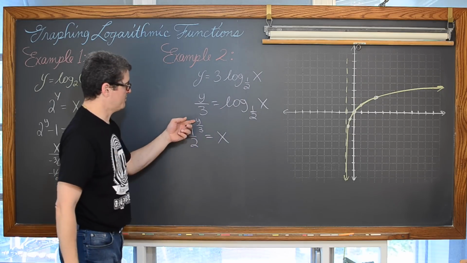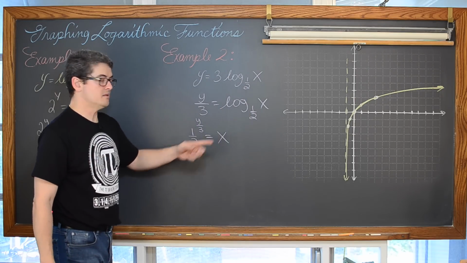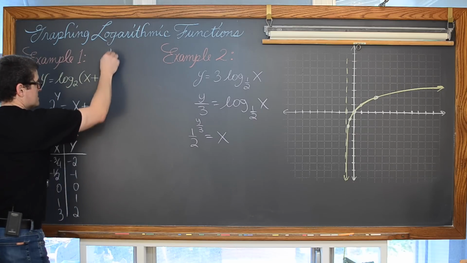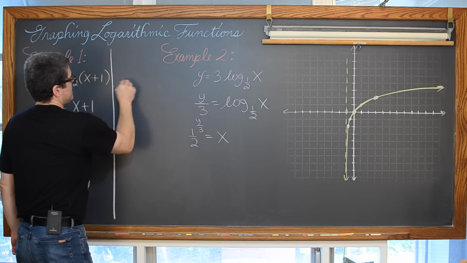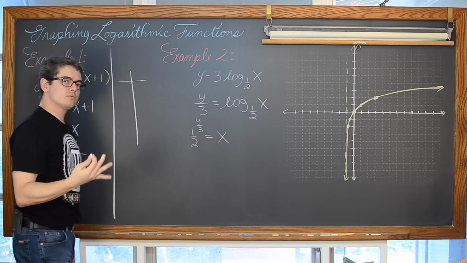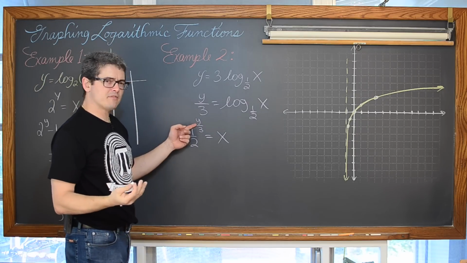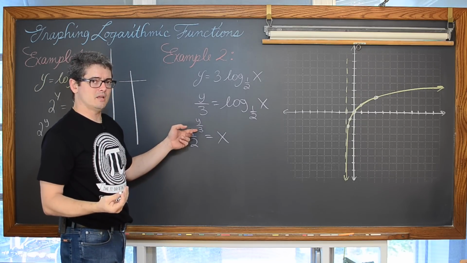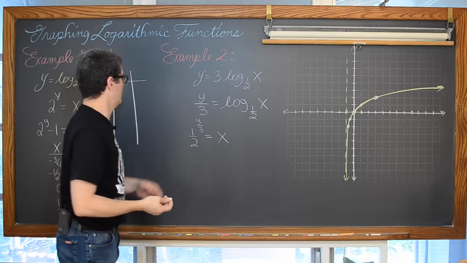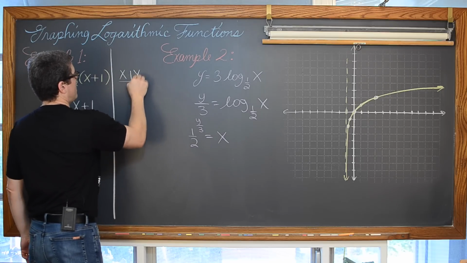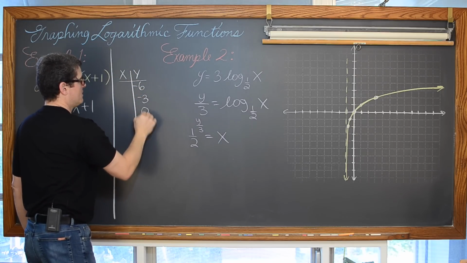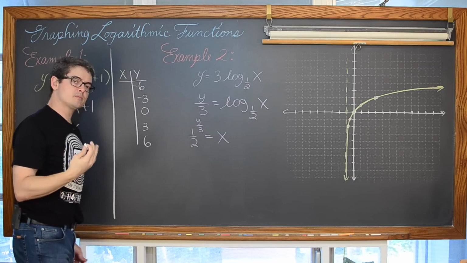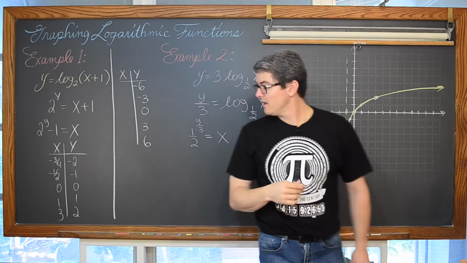Because here y is the independent variable and x is the dependent variable, at least the way the equation is structured. So when we set up our t-table, and I want to do this without the aid of a calculator, why don't you just pick values of y that you can divide by 3, like 6, 3, and 0. So we're going to have x and y, where y is going to be -6, -3, 0, 3, and 6. And let's plug these in and find out what happens.